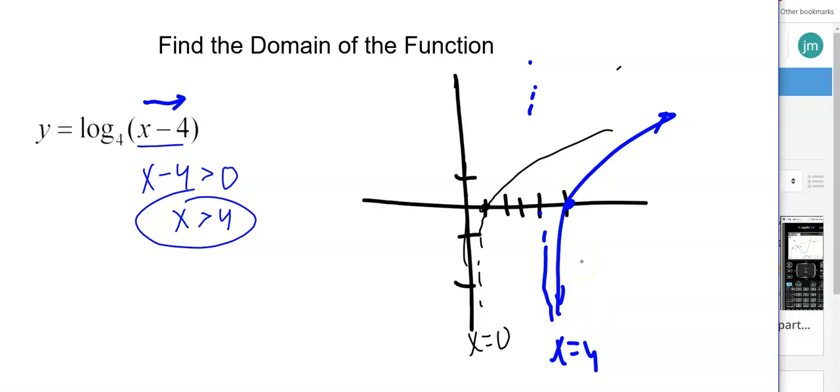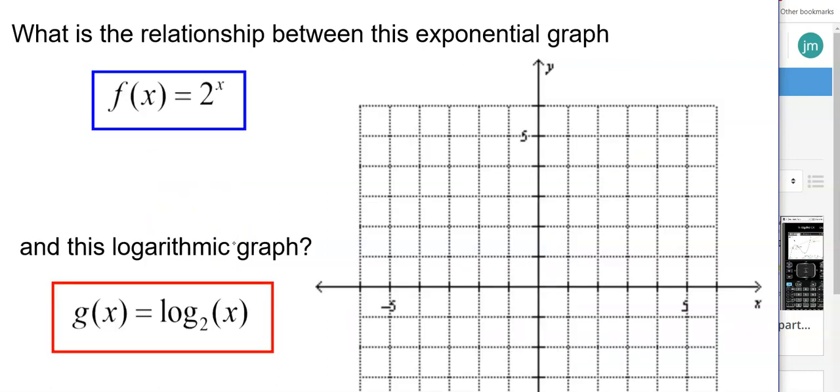So you can see that the domain actually is x greater than 4 because the whole graph moved to the right. Instead of x greater than 0, which would be the normal domain, that's what it'd be. This is kind of neat. So let's just graph these two. Once you make a connection here,